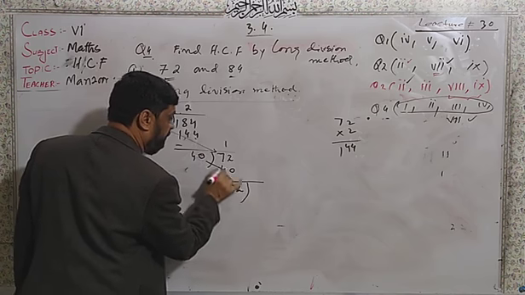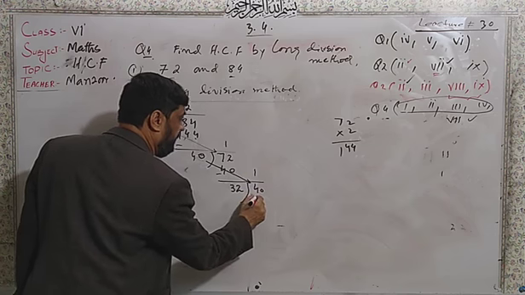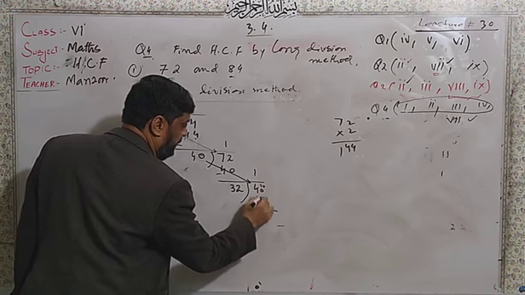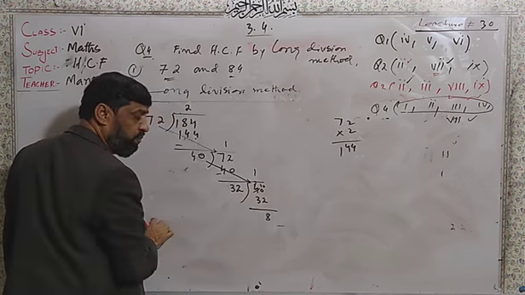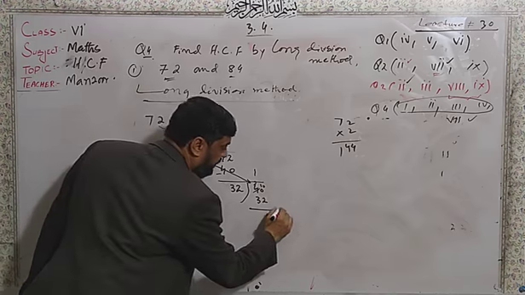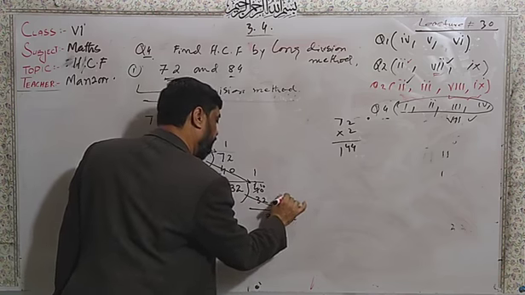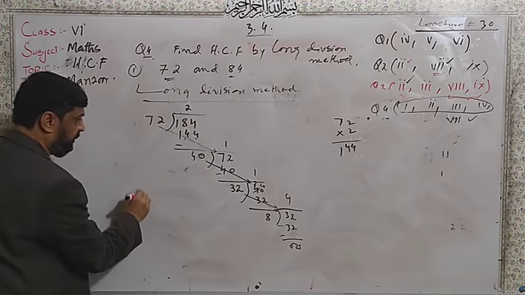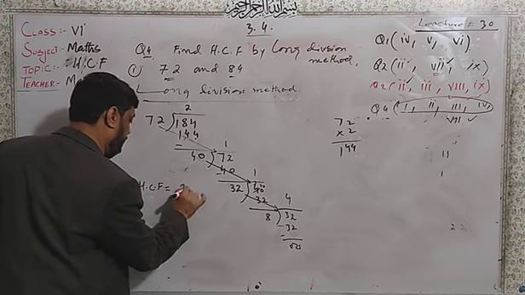Now again this will become the dividend, that is the 40, and again 1 time, here it will be 32. 40 minus 32, I will get 8. Again I will divide this dividend 40 by 32 and get 8. Now it will be 4 times 32, and the remainder is 0. Now this is the HCF. The last number comes 8.